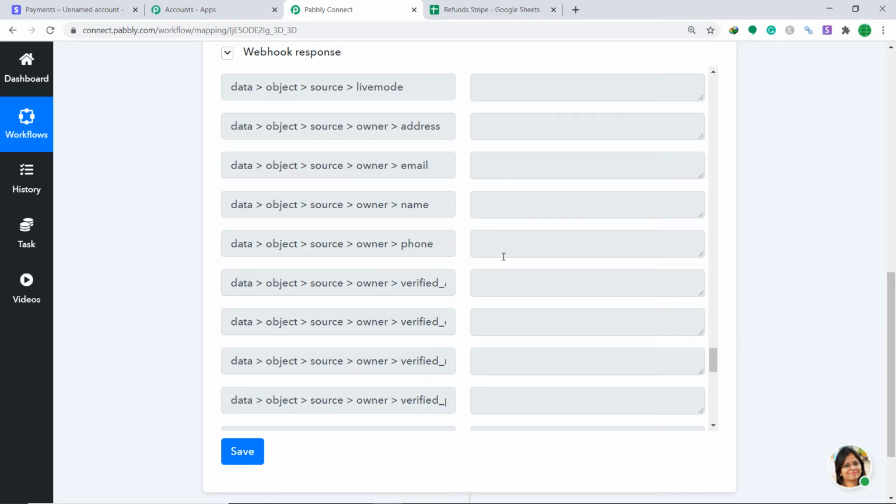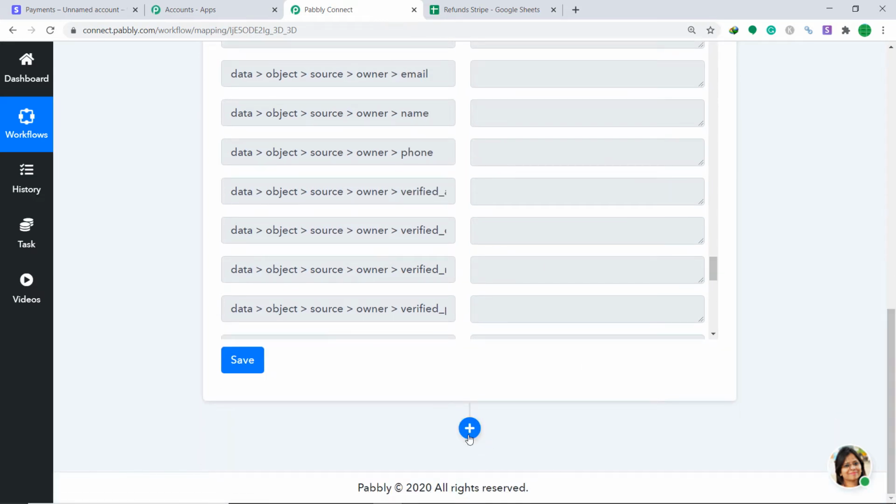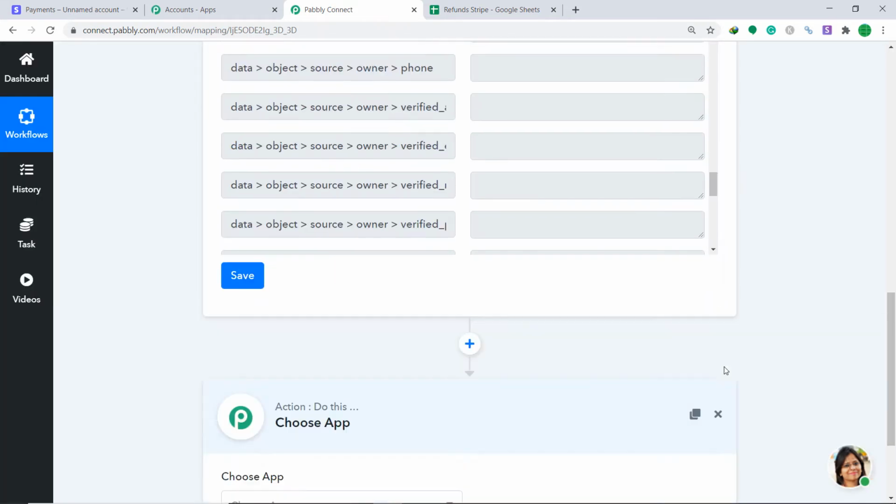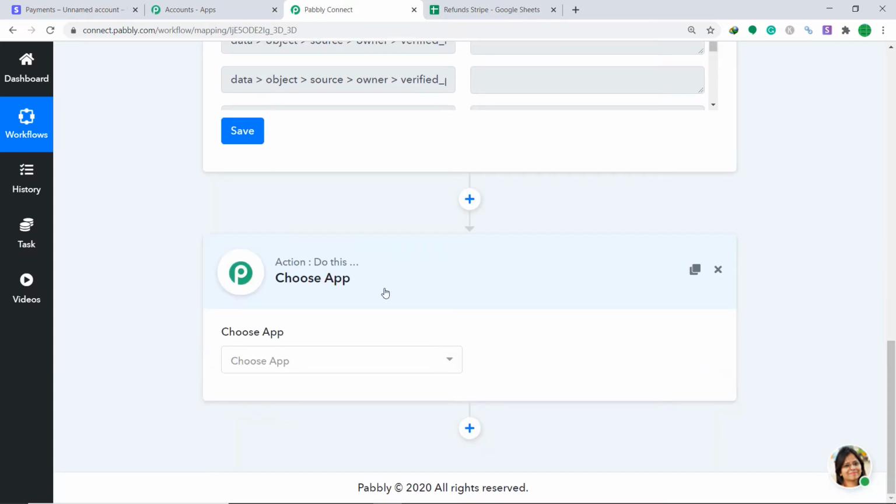My point is we are not getting the data related to customer information, but we need at least the email, the phone number, the name or the address to create a row in Google Sheet. So in cases like these, we need to retrieve the customer information that we had filled. So your obvious question is how we are going to retrieve that information. It is actually pretty easy. To do that, just click on this plus button. When you click on this plus button, another window opens up.